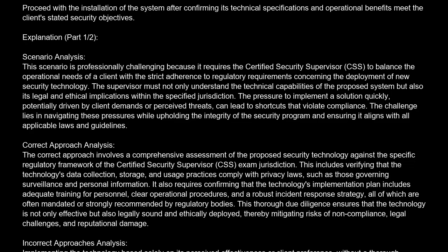The correct answer is C. Proceed with the installation of the system after confirming its technical specifications and operational benefits meet the client's stated security objectives. Explanation. Scenario analysis. This scenario is professionally challenging because it requires the Certified Security Supervisor, CSS, to balance the